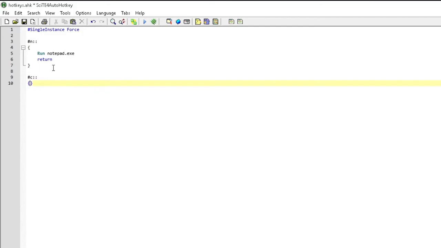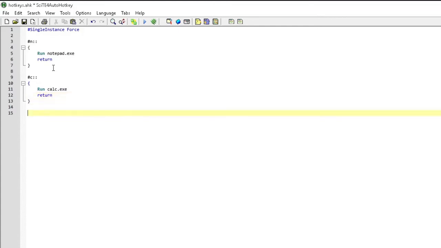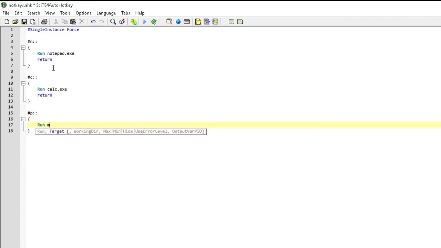This time you'll be running the calc.exe application, which is the calculator. Return. In a similar way, hash P will open up your Microsoft Paint. The exe name is mspaint.exe,